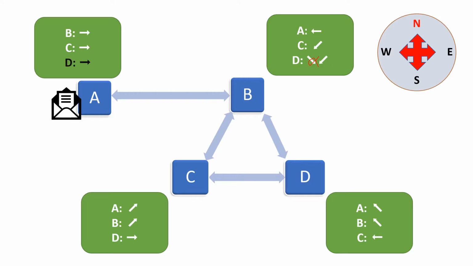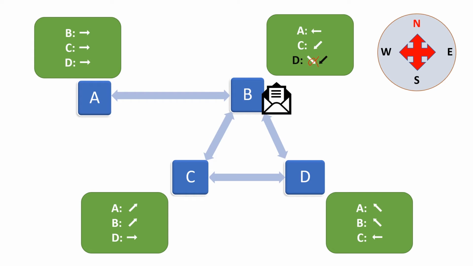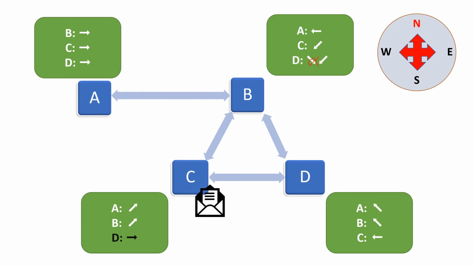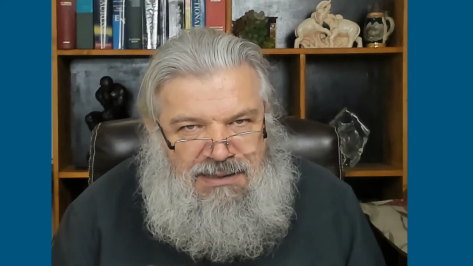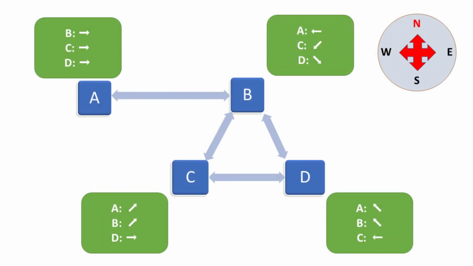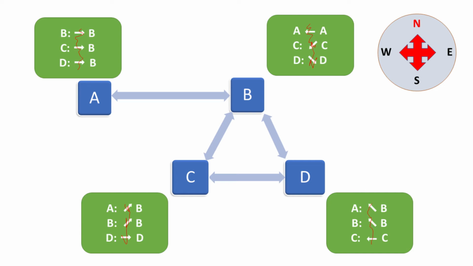It would have been possible to go from A to B to C and then to D. But for some reason, that was deemed to be the longer option and not the one that was indicated by these routing tables. To make this example slightly more realistic, instead of using compass directions, we will actually use the notion of next hops. So what you will see in the routing tables now are no longer the compass directions, but what the next hop is.